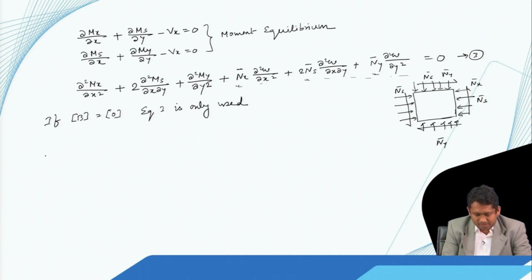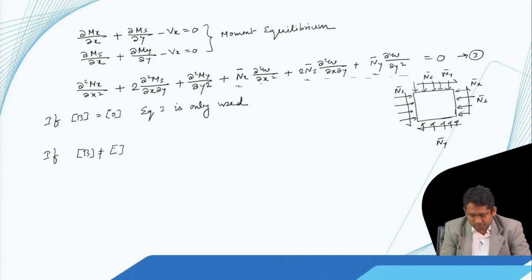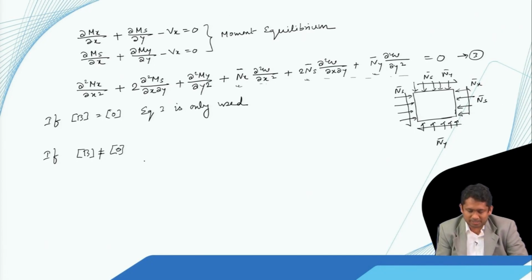However, if the B matrix is non-zero, if any of the B is not 0, that means there is a coupling between in plane and out of plane deformation, then equation number 3 along with the following two equations